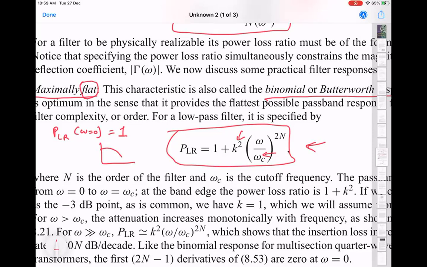Again, that is not something which is possible to do perfectly. I'm not even talking about small errors due to imperfections in the design. Fundamentally, it's not possible to have it exactly flat and then suddenly start to change. So this kind of a function gives a very slow,